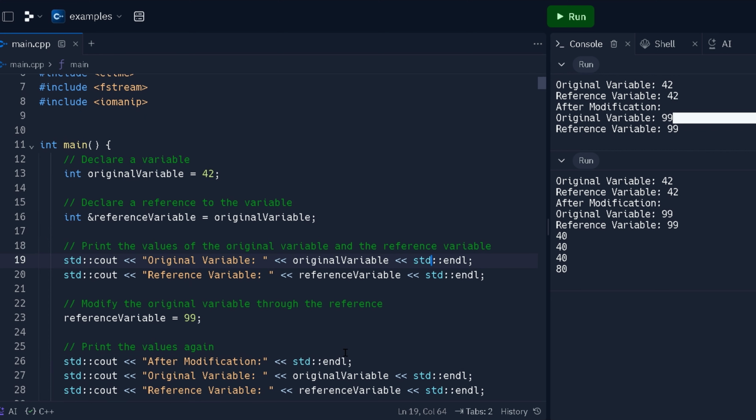A reference variable is also an alias for another variable. So let's say you declare this variable int original variable is equal to 42. If you want to declare a reference variable to it, it's super simple. All you need to do is make a new name. We're just calling it reference variable. You're going to put the ampersand or and symbol before that